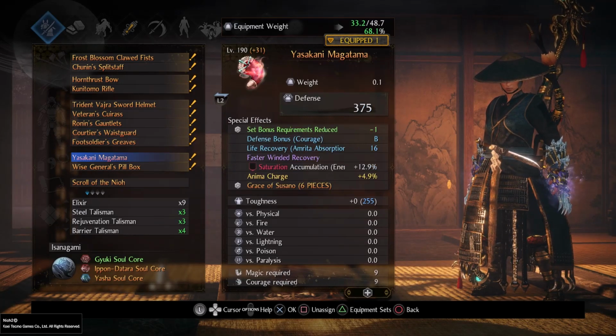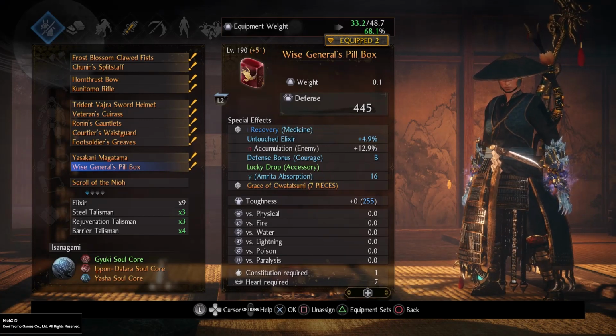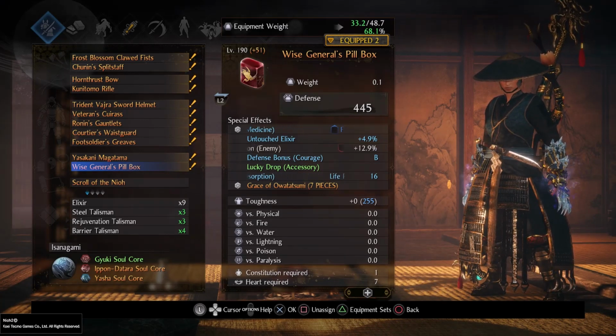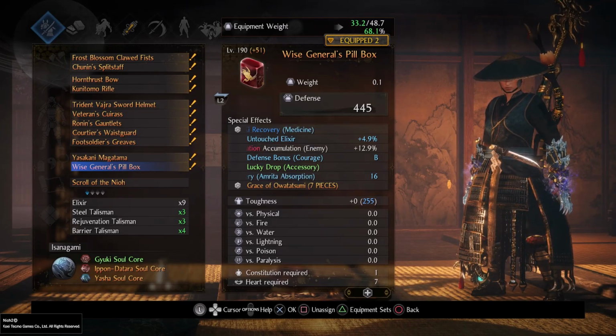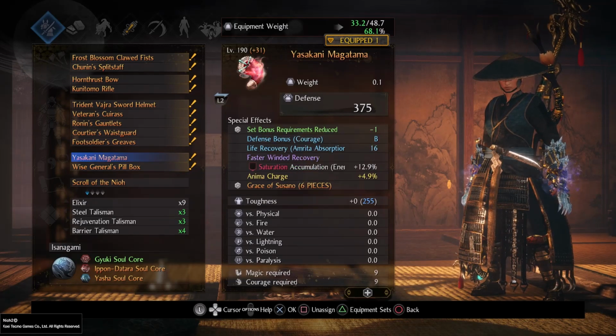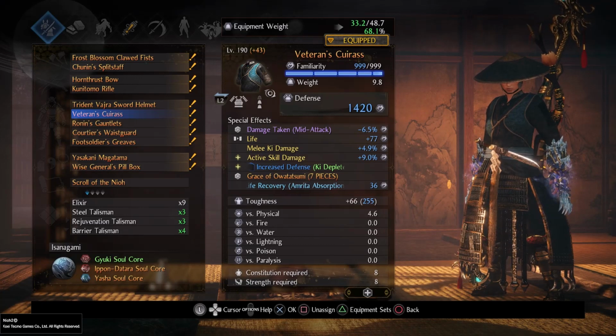Yasukani Magatama, of course, for set bonus requirements reduced by 1. Wise General's Pillbox, because Wise General's Pillbox is really good. If you use a medicine, you get faster key recovery, but also you can roll life recovery on rid absorption on your Wise General's Pillbox as well as your Magatama. So having life recovery on rid absorption on both and your chest piece allows you to gain a lot more health back,